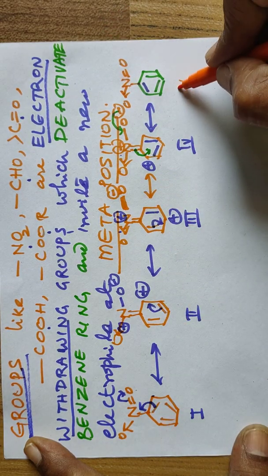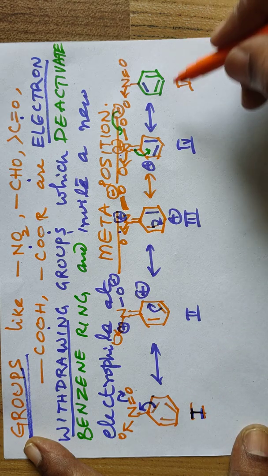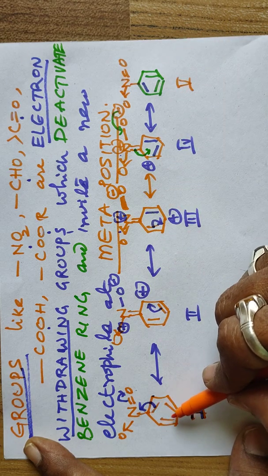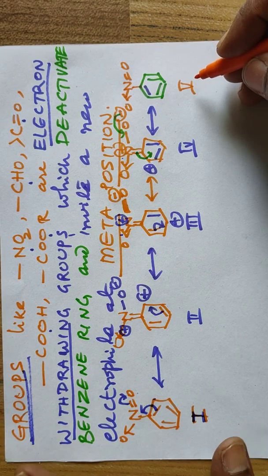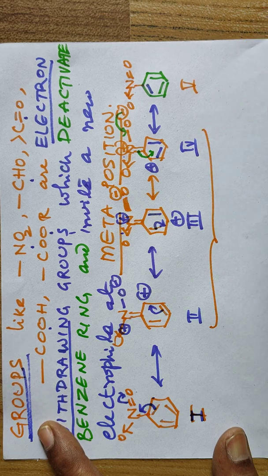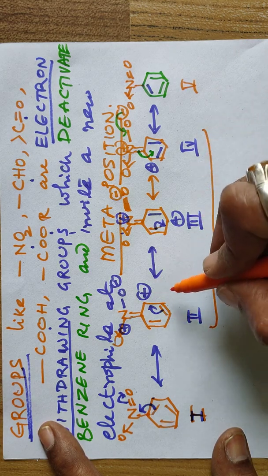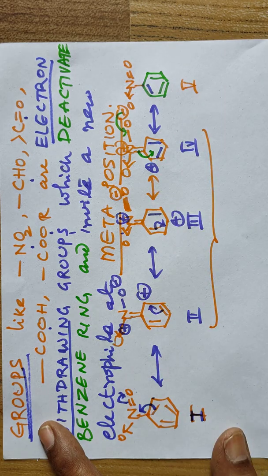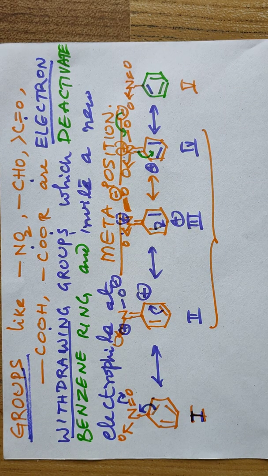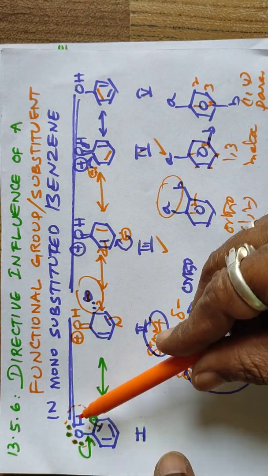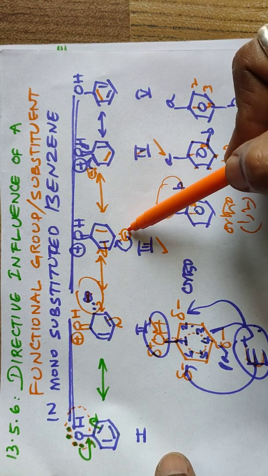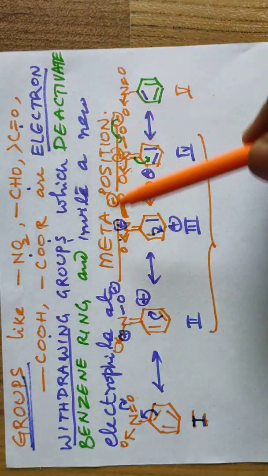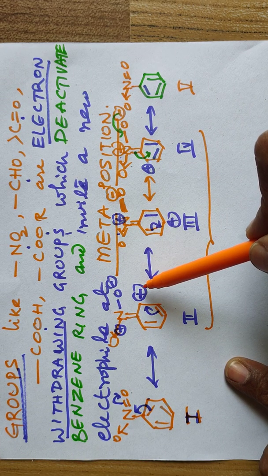First and fifth are the same, correct, but the position of the pi bonds in the ring is different. That will be explained very soon, don't bother. And you observe three resonating structures, 2, 3, 4, and where is the positive charge here? Previously negative charge was observed, now positive charge is observed. See here, due to the OH group's positive charge, negative charges appeared at the second, fourth and sixth positions, but here positive charge is negated.